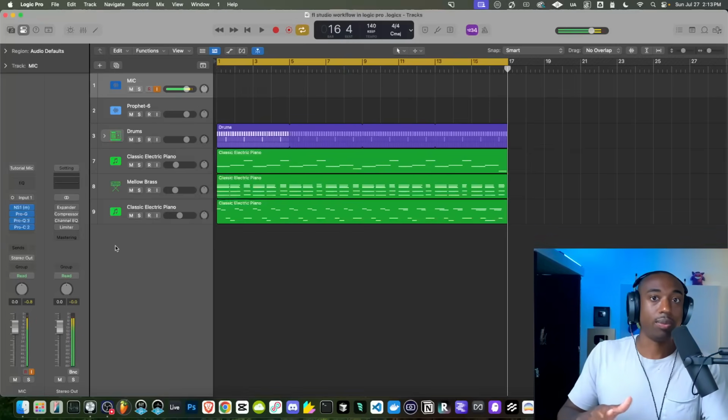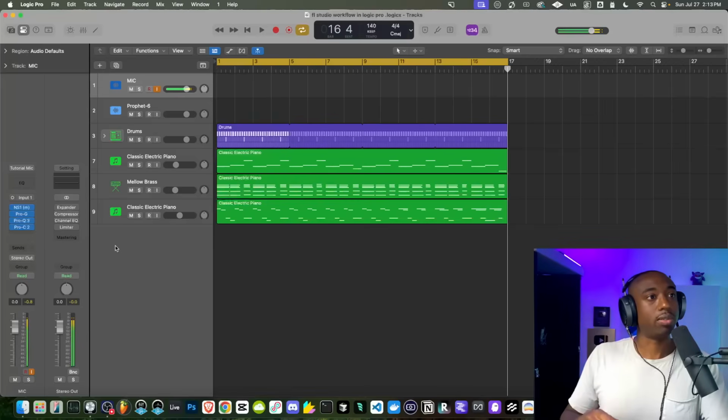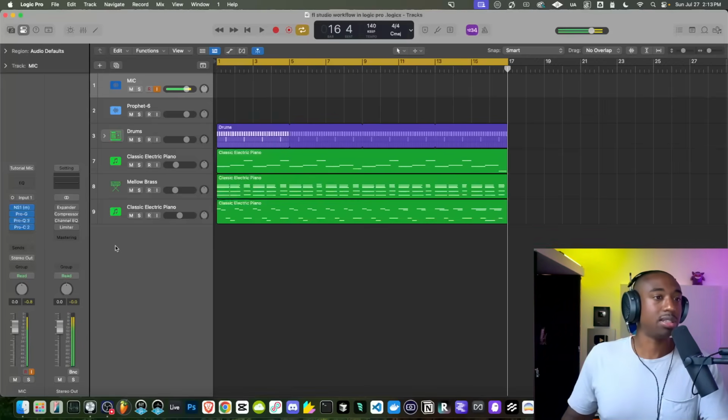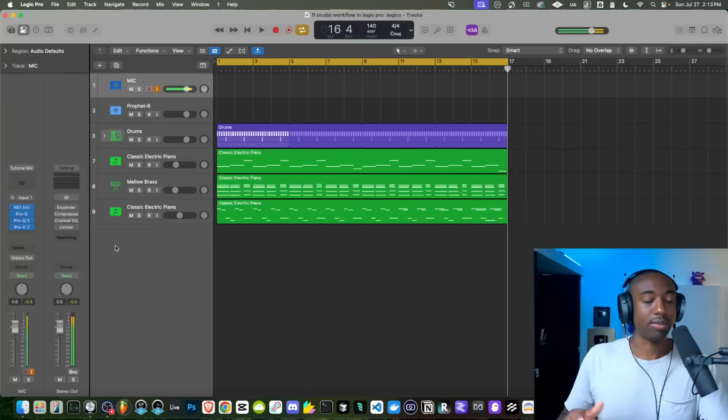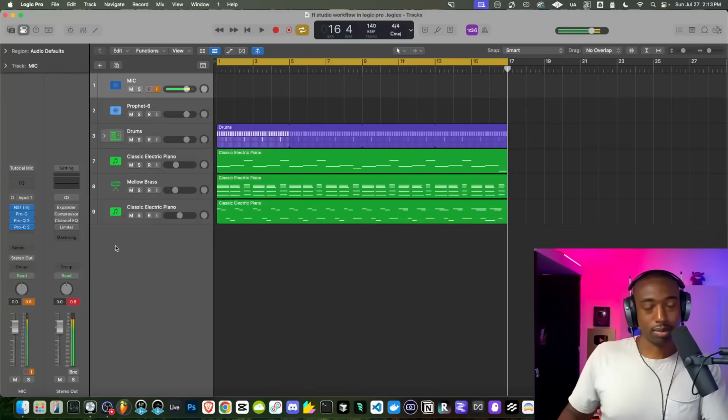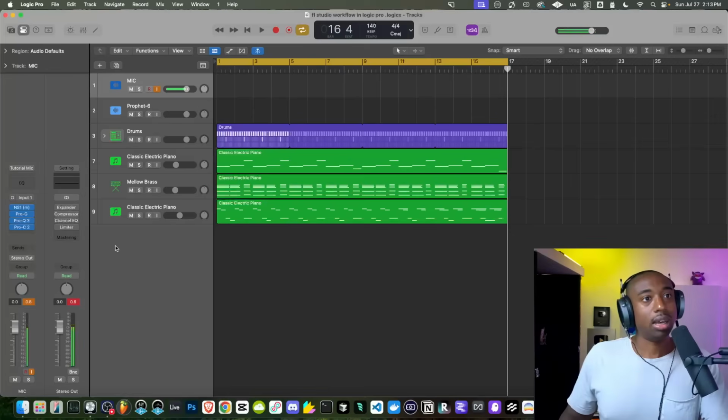And that's my workflow. I haven't mastered the sampling workflow just yet. So maybe I'll focus on sampling next, but that's the one thing I haven't fully mastered outside of just simply time stretching or stem sampling. I haven't mastered the chop type of sample. So I just need practice with that.